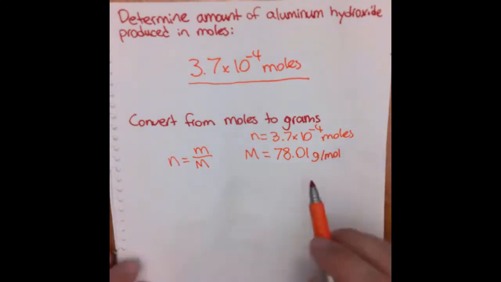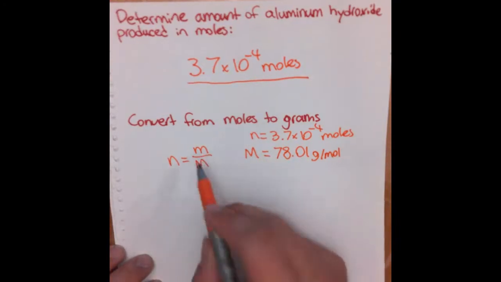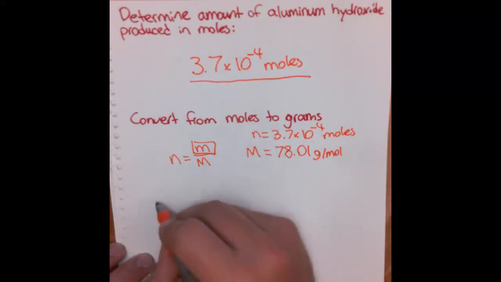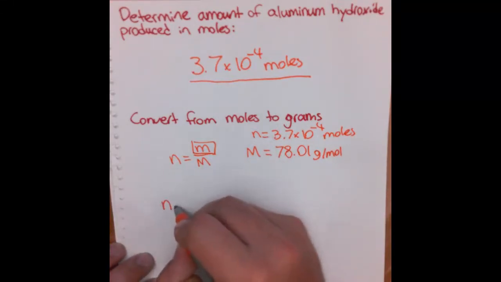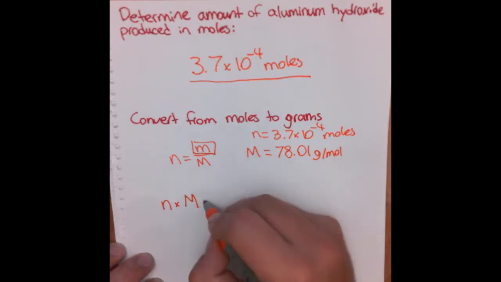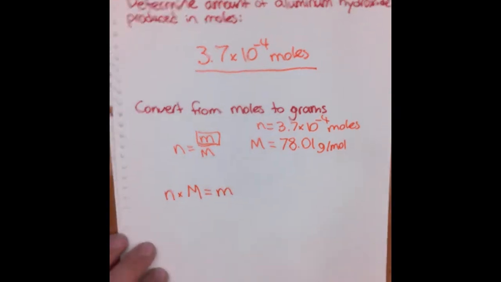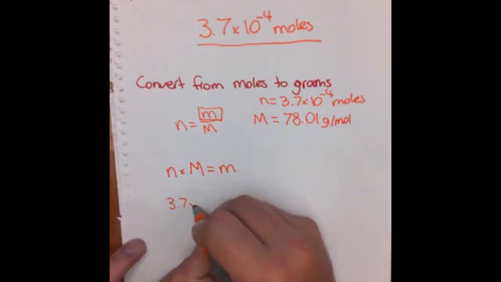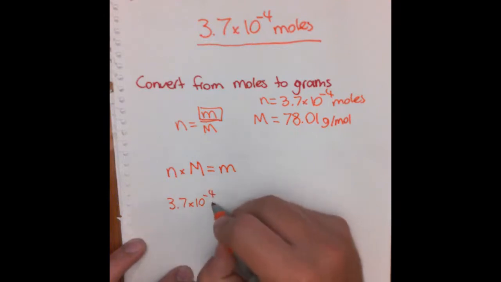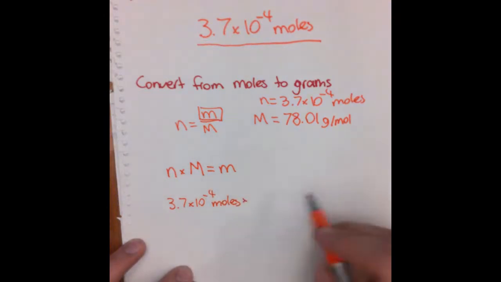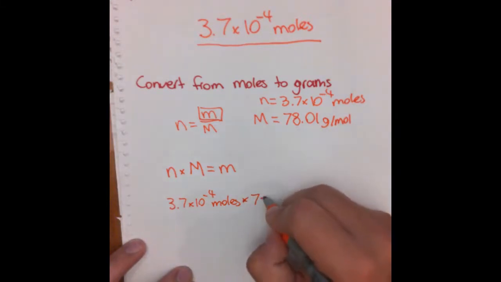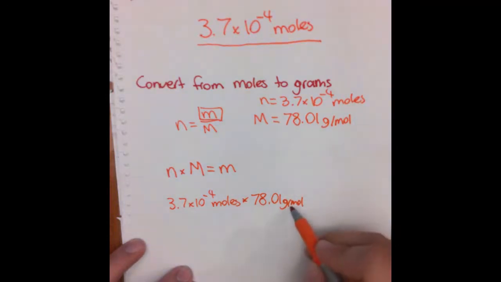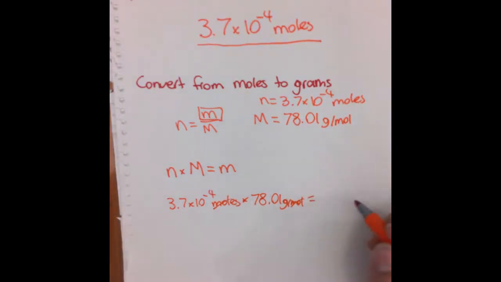So with those two values, I can rearrange this equation to solve for my mass, right? So I just bring this over, multiply both sides by molar mass. So moles times our molar mass is going to equal my mass of my precipitate. So I'm going to take my moles, input them, times my molar mass, which is 78.01, right? My moles will cancel out, and that is going to equal